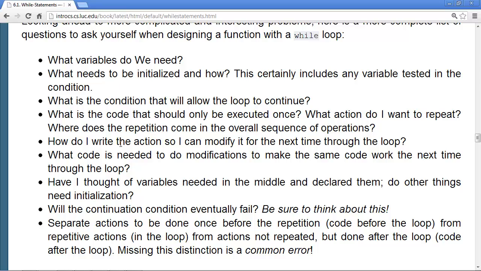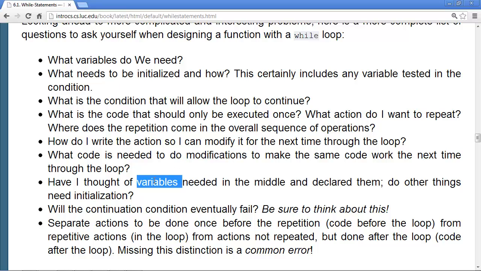Then you need to write the main action of the loop, and you need to write it in a way that you can modify it for the next time through the loop. And in particular, how do you do these modifications? Basically changing the variables so that you'll have the right data for the next time through the loop, so the same text does the right new thing.